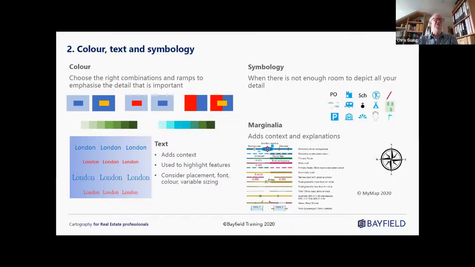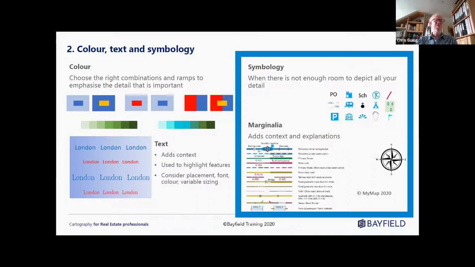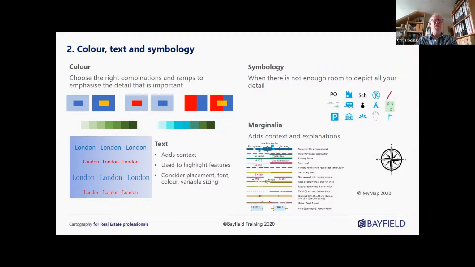Lastly, we come on to symbols. Use symbols where you cannot show all the detail you want, or you need to emphasize a particular attribute. And wherever possible, use standard symbols. It makes it quicker and easier for people to interpret. Most of the rules about size, colour, and contrast that apply to text equally apply to symbols. There are symbols for points, lines, and areas. Again, use conventional symbols where you can for ease of interpretation.